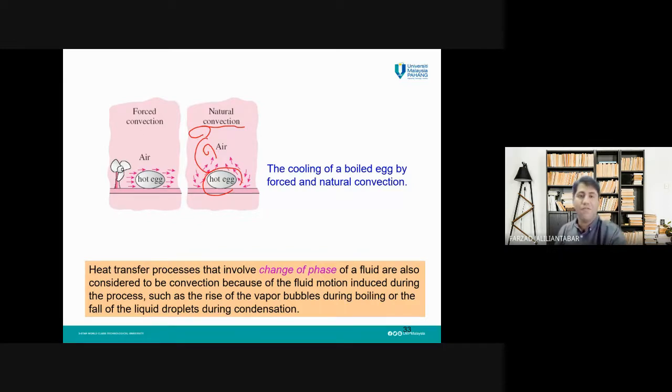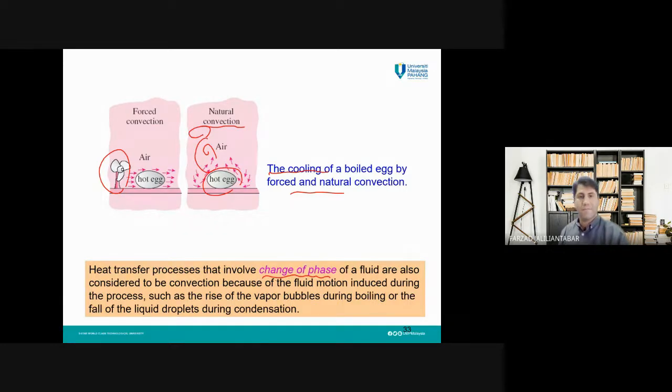And also we have forced convection when we add a fan like this. As I said, if the motion of the fluid or the fluid flow is increased, then the convection heat transfer rate is increased. So this is the reason why we have a fan, because we are going to increase the convection heat transfer. And the other type of convection heat transfer is the heat transfer due to the change of